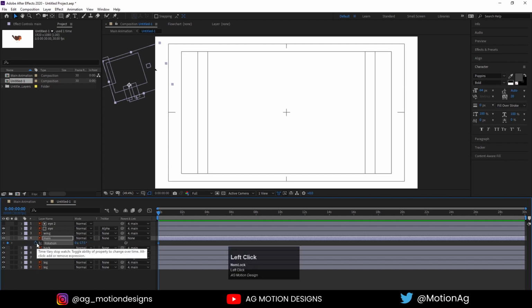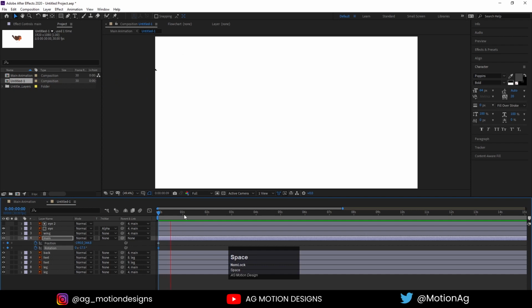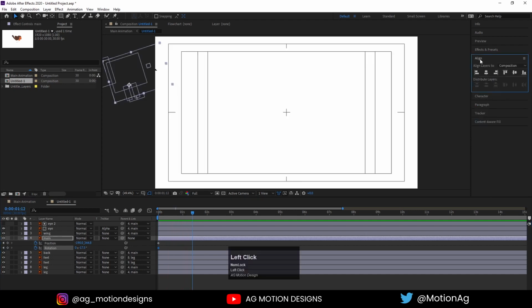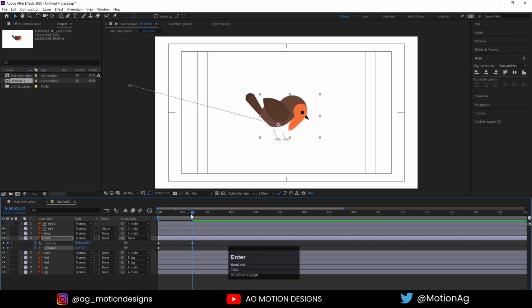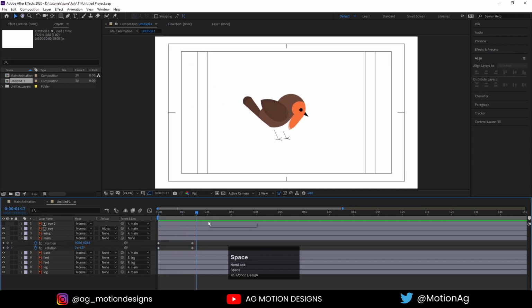Press R on keyboard for rotation and hit U, and let's say at 1.5 seconds I'll go to the align tab and align it to the center just like this, and our rotation should be 10, or you can say something like this. So if we hit play, we are getting something like this.